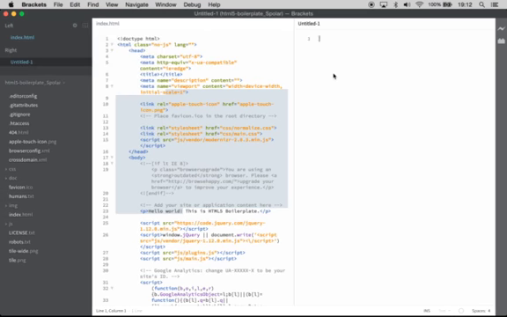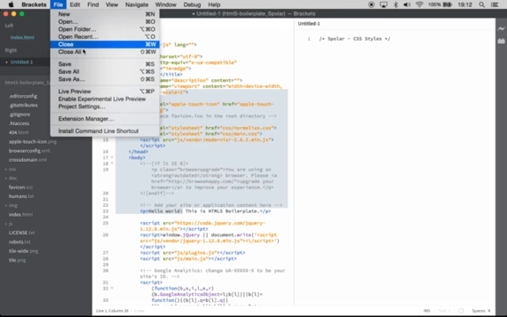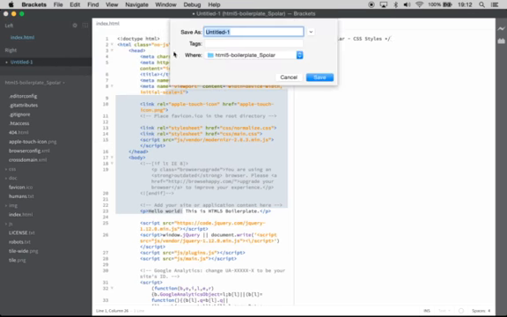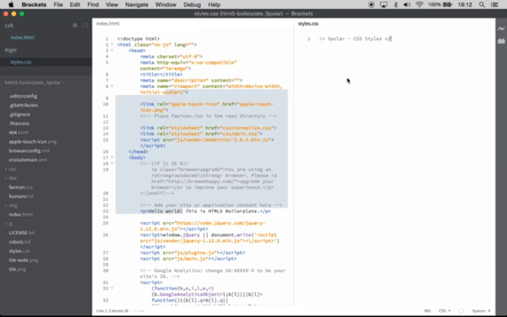And let's go ahead and add a comment code, so slash, asterisk, asterisk, slash to end it. And we're going to type in Spolar CSS styles. And we're going to go ahead and click File and Save As. And let's name this styles.css and click Save. And so what we just did is we created our styles.css for our CSS elements,